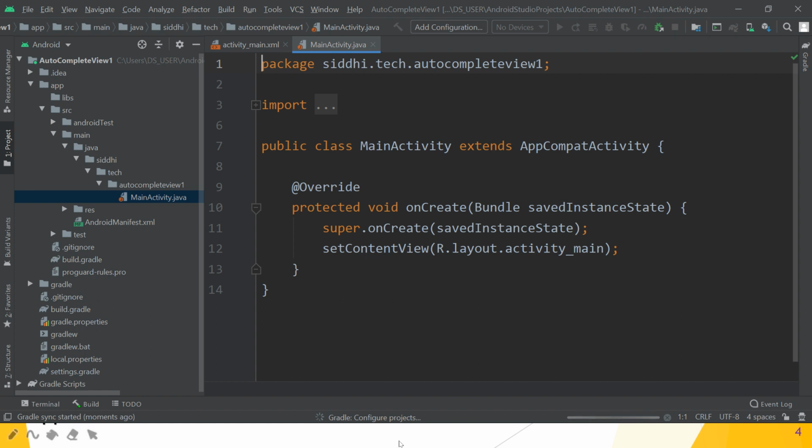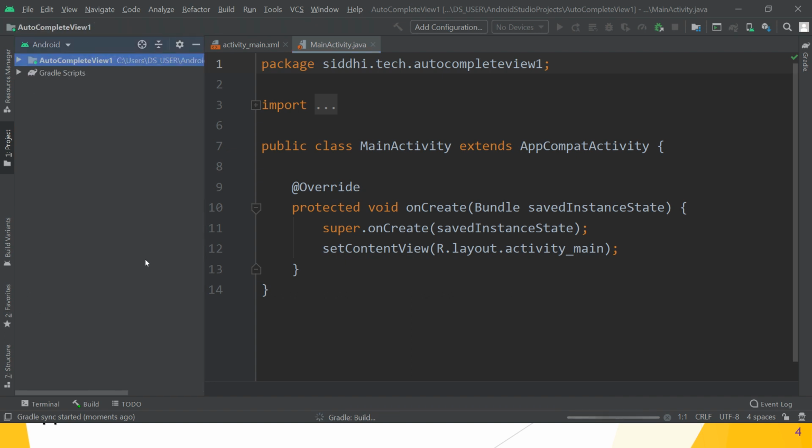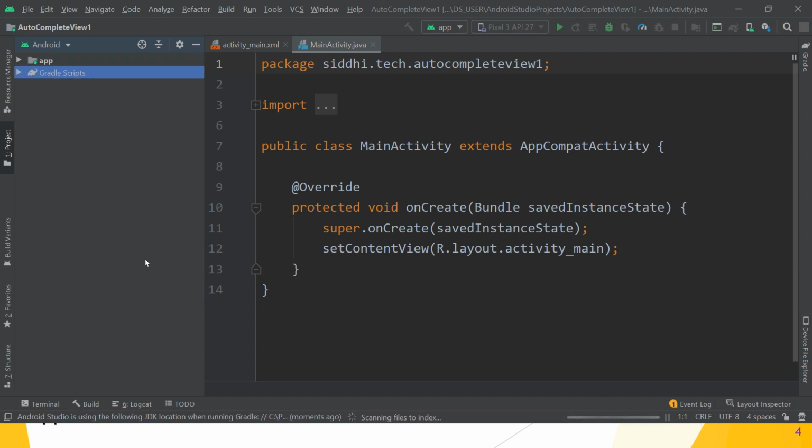So configuration of the project is going on, so wait for some time. So Gradle is building your project. Okay, so scanning files is going on. Now the daemon started successfully. Great.